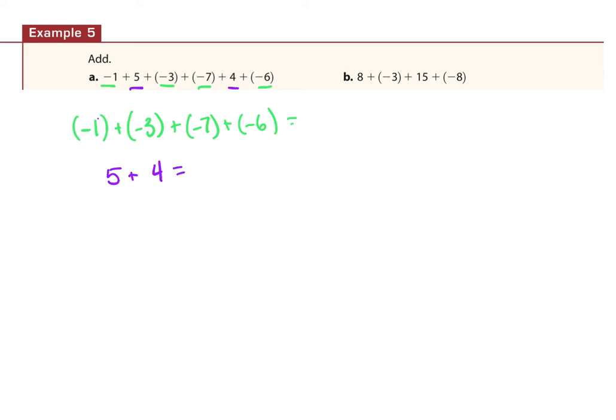Well, I can add these guys up and I would actually rearrange these as well. In my brain, I would go 3 and 7. Why do you think I would do those first? Because it's going to get me to 10, and then I have 1 and 6, so this is going to be 17, right? So I can do it a lot quicker when I start pairing up things that I know